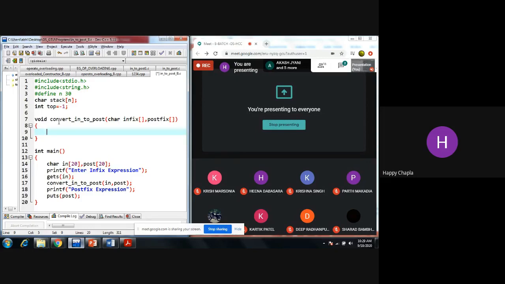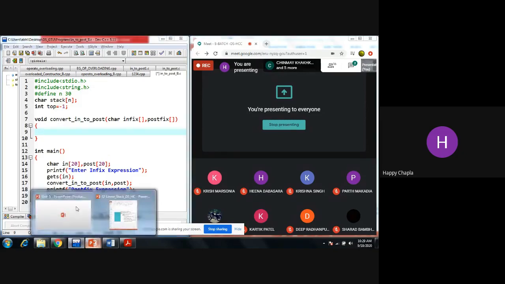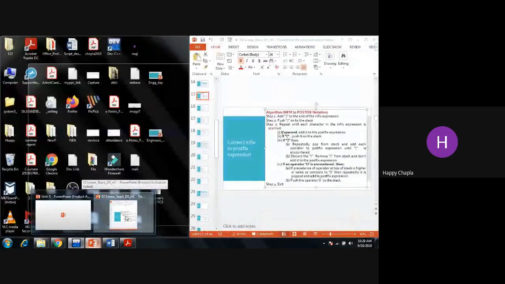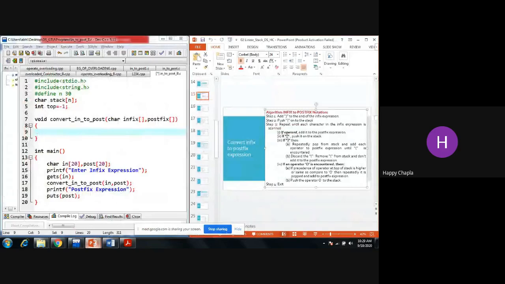we just need to, according to our algorithm, push the starting bracket into the stack. Push the starting bracket and add the closing bracket at the end of infix.